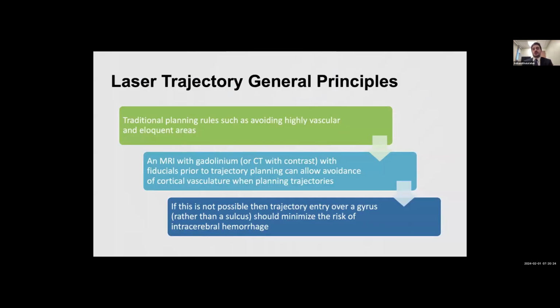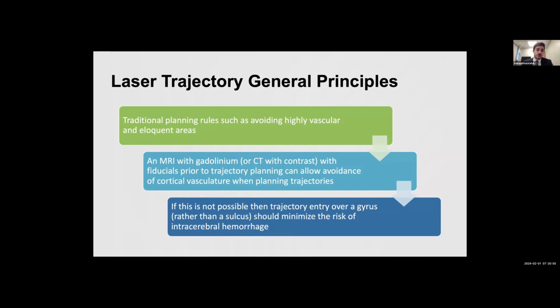So the laser trajectory general principles that we have. After we choose our lasers, now we need to choose the trajectory. So there are general principle rules that we keep in mind, making sure that we avoid the highly vascular brain areas. So we obtain an MRI with contrast before that helps us. But sometimes in some patients, when we're not able to get those MRIs with contrast, a general theme is making sure that you go over a gyrus rather than a sulcus, because that minimizes your risk of intracerebral hemorrhage